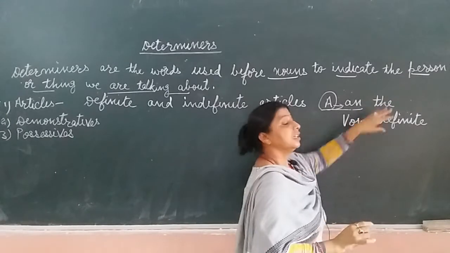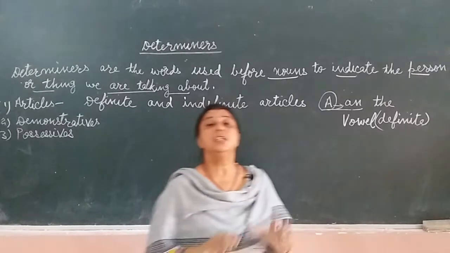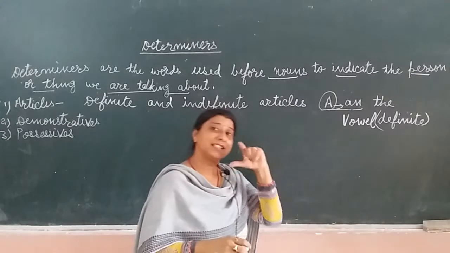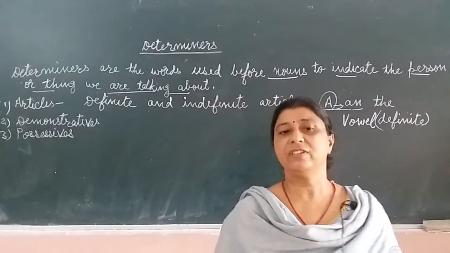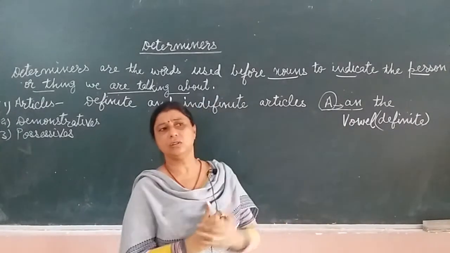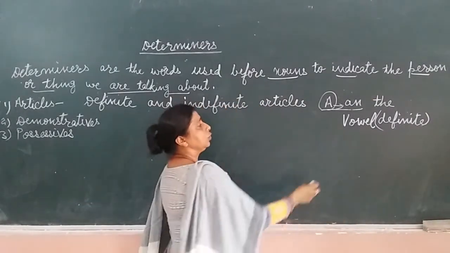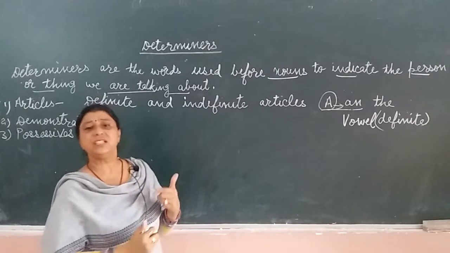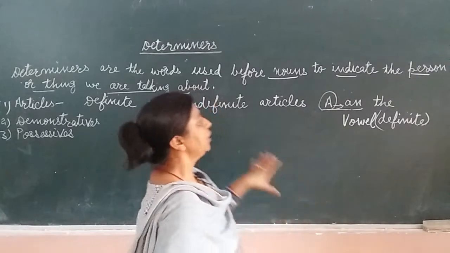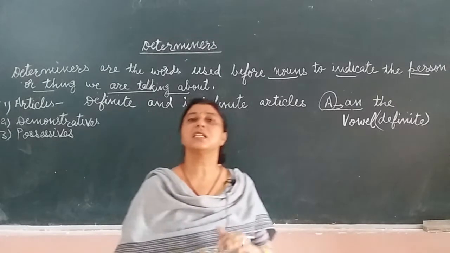The is definite, which is universally used with things that are universal in formation, or the thing that is used a second time in a sentence. To emphasize that noun, we use the. There is a cow on the road. The cow is grazing. So the is used to indicate the cow that was previously mentioned in the sentence. We shall not go into the depth of these articles, as you have read them well in your previous classes.